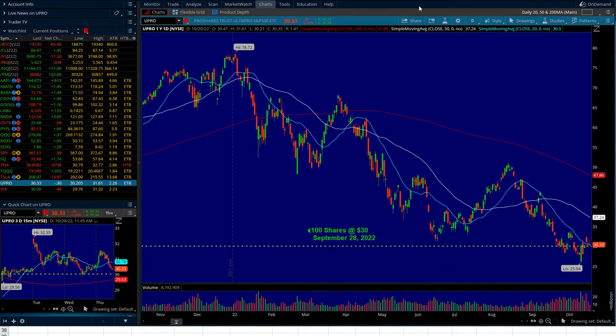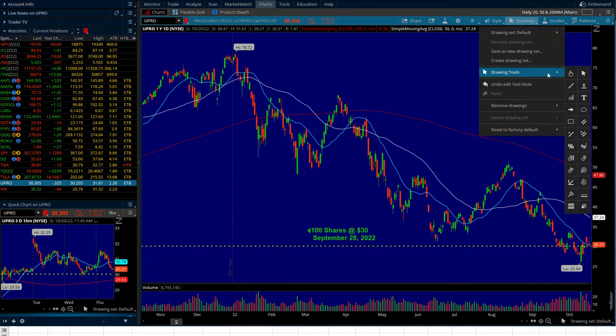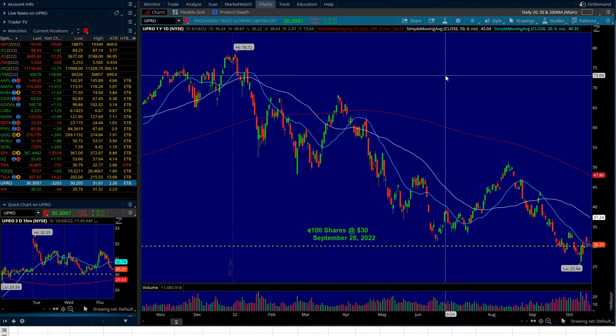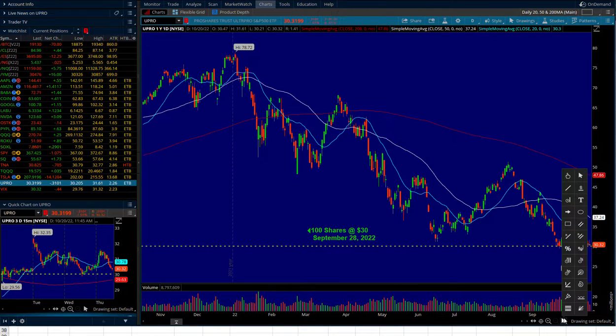Now the other thing I did in the first video was how I access the drawing tools. I would go up to the top of the chart for the drawing tools, left click, scroll down to drawing tools, and then move the mouse over to the right and use whatever I wanted to use. Well, there's a much simpler way to access those. Towards the bottom of the chart, see the arrow here? This is the active tool. If you just left click that, it brings up your tool menu